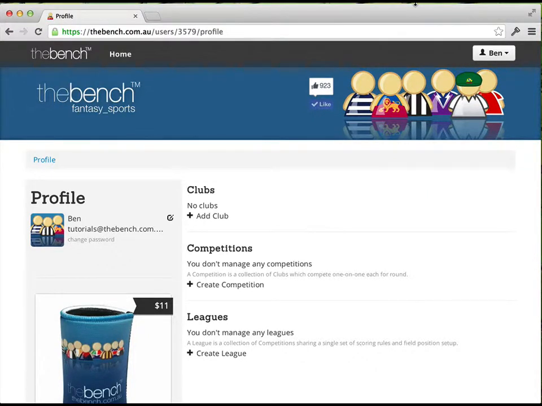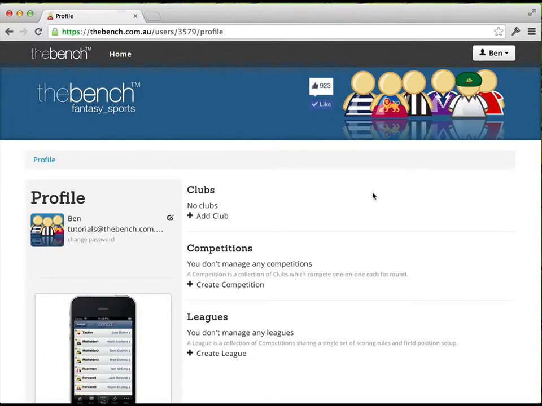Okay, so we've joined up to the bench. Let's get started and create a new league. Now, a league is the most customizable level for the bench. You can create a competition within one of our existing templates, but if you really want to customize things down